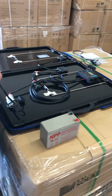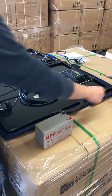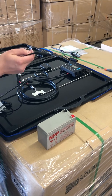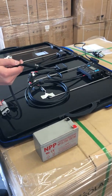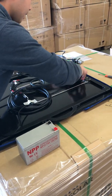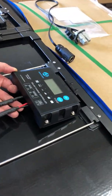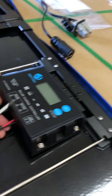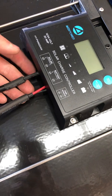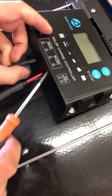This is the easiest way to fix this problem, but we also have another solution. For example, if I connect this connector to the solar port and it is not correct, you can change the cable connection on the charge controller to fix this problem. You can see here, these two are for the solar cables that connect to the solar panel, so you don't need to touch them. And then these two cables are for the batteries. All you need to do is switch